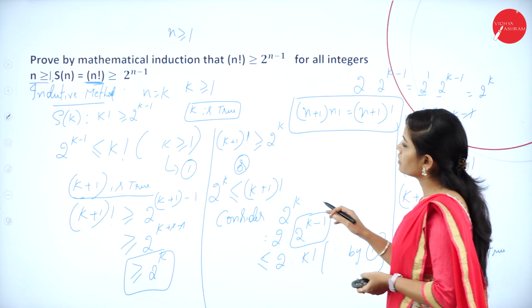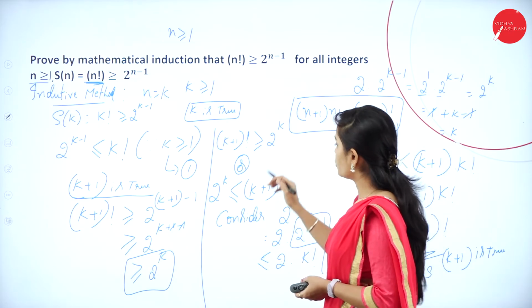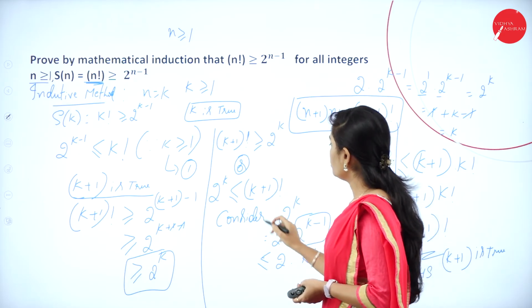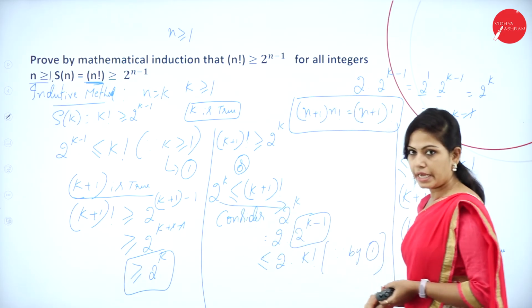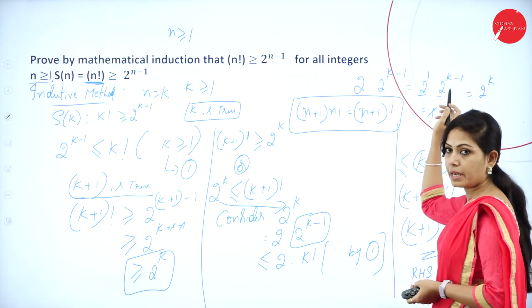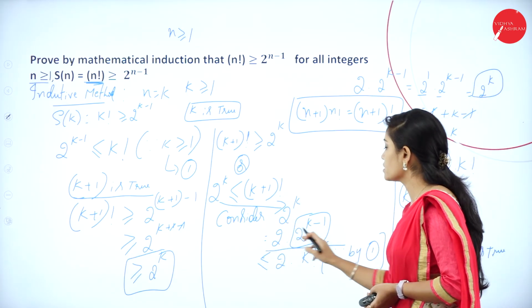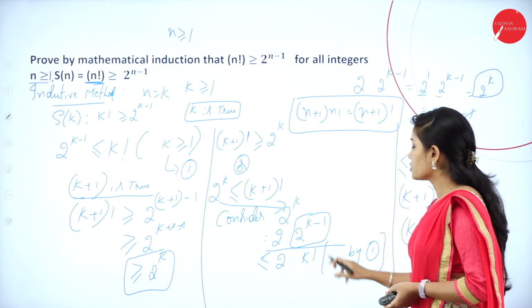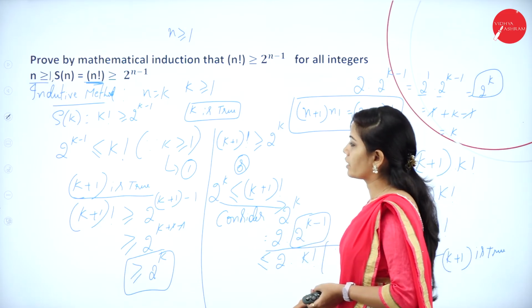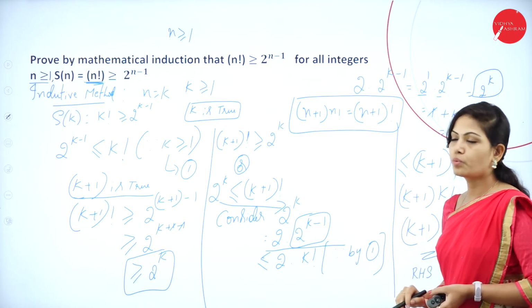So now by using this rule, k plus 1 factorial is greater than or equal to 2 power k. It is also written as 2 power k less than or equal to k plus 1 factorial. So now I have taken this 2 power k. This 2 power k I can also write as 2 power 1 into 2 power k minus 1. So again you will get 2 power k. So in place of 2 power k, I have written 2 into 2 power k minus 1. So you can write that it is less than or equal to 2 into k factorial, by equation number 1.